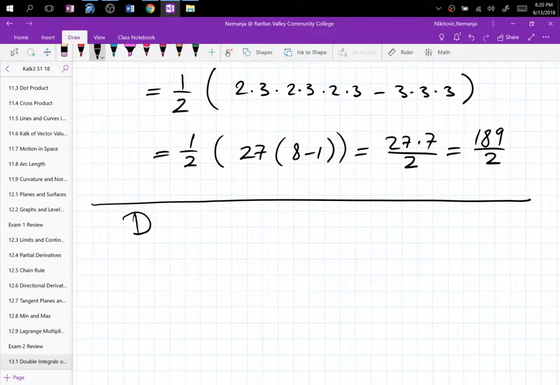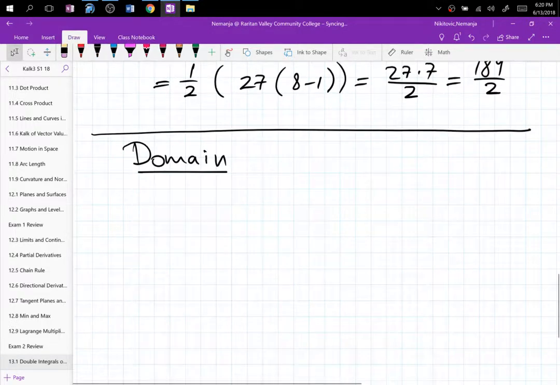Domain. You should be focusing on this stuff, but that's okay. Domain is